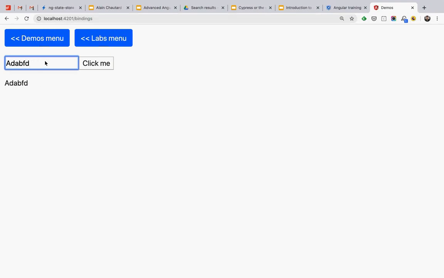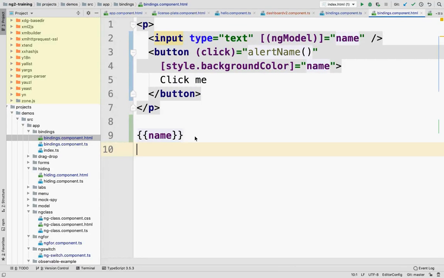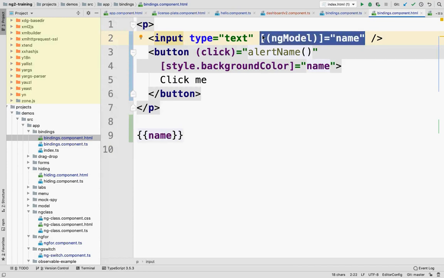So bindings, you can get very creative with that and make your code very, very dynamic without writing any code, really. That's what I did. Just I did one binding here and one here. And this is how these two things get updated as one or the other changes. So very, very powerful.